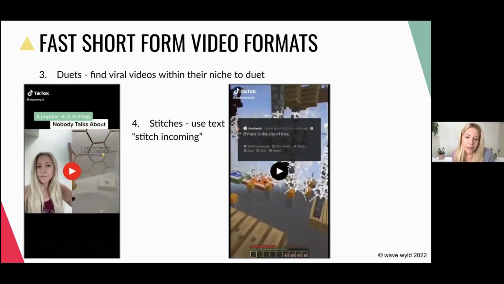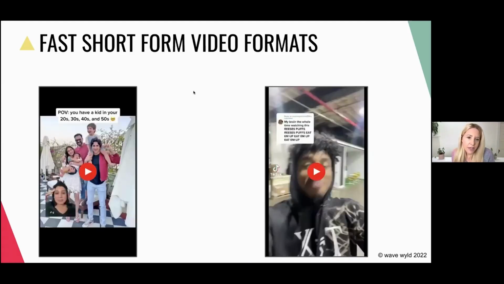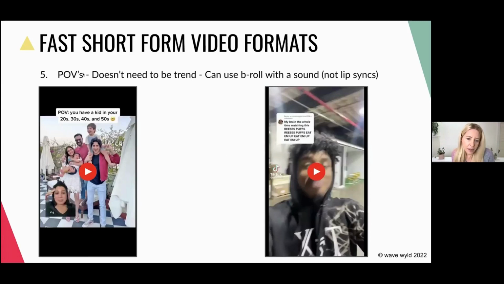So again, very fast way to make videos. Other fast ways are the POVs. Now this, I'm not necessarily talking about a trend. A POV, right, is just when you describe a situation. So this was a student of mine. This video got 1.7 million views. She does content around Indian pop culture, and this video probably took her less than 5 minutes.